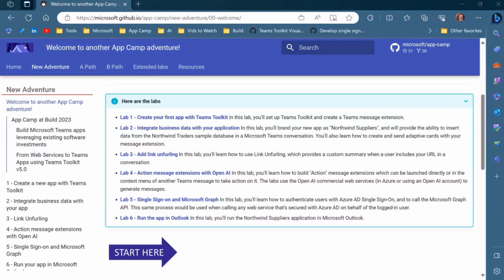So now this is showing you how to call an API on the internet, the Azure OpenAI service, and then in Lab 5 it shows you how to do single sign-on and call the Microsoft Graph, which is a secured web service with single sign-on. And then finally, you run it in Outlook.